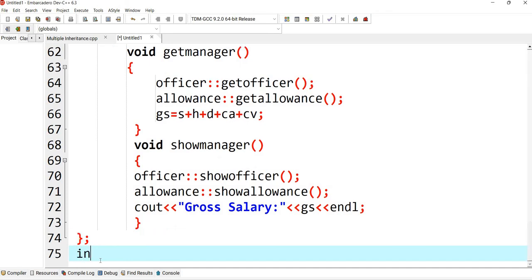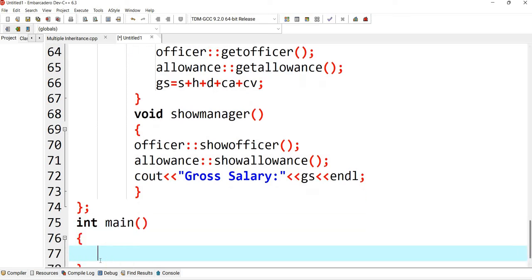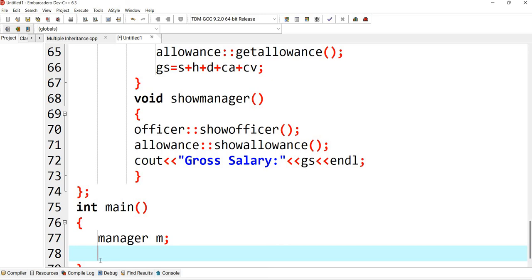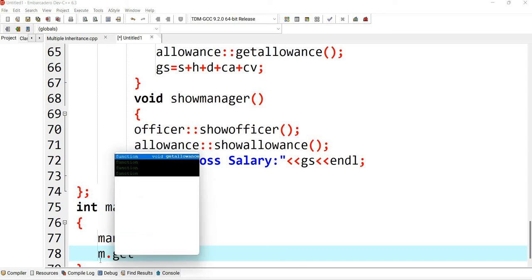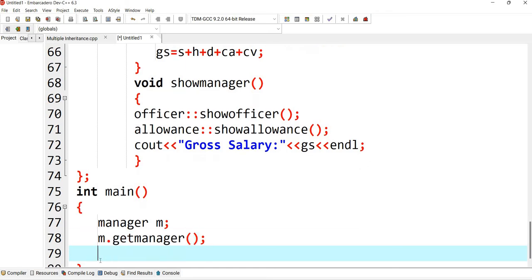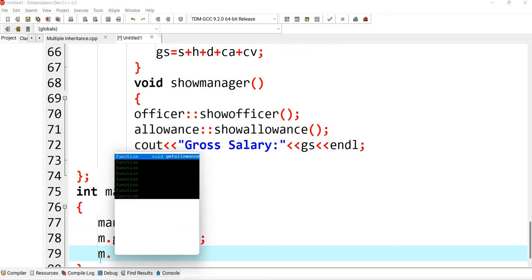Now move to this main function. We'll create the object of this class manager. We'll call this manager, get manager. So m dot get manager. We'll call this show manager.